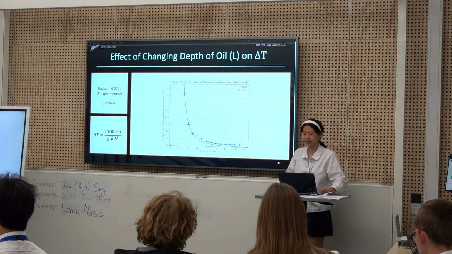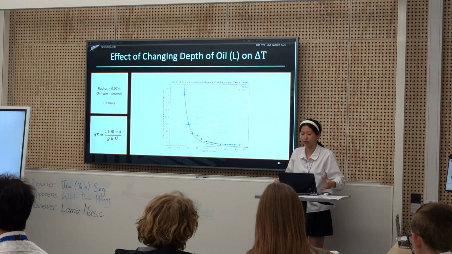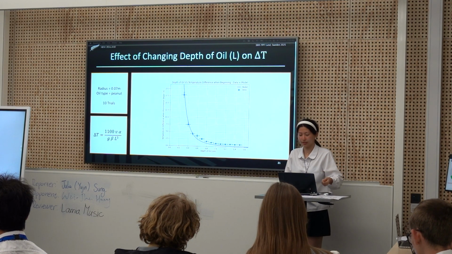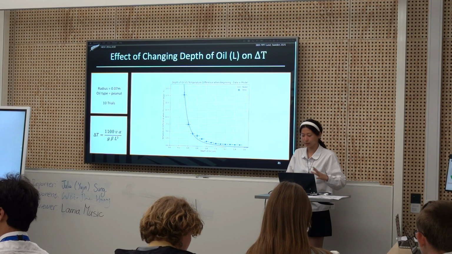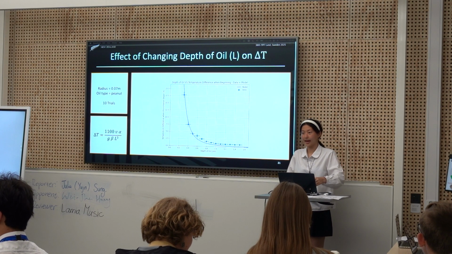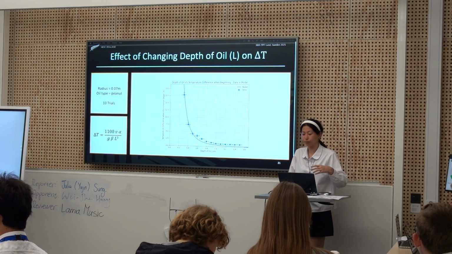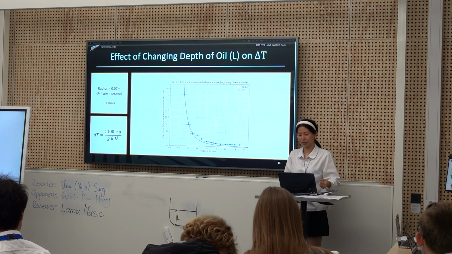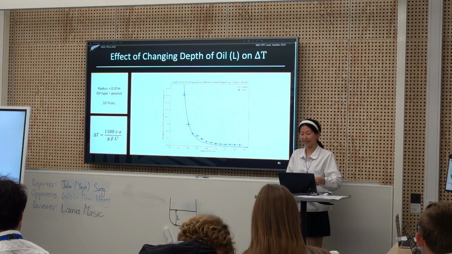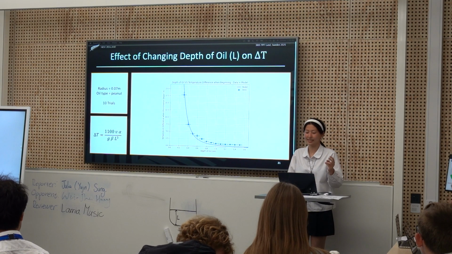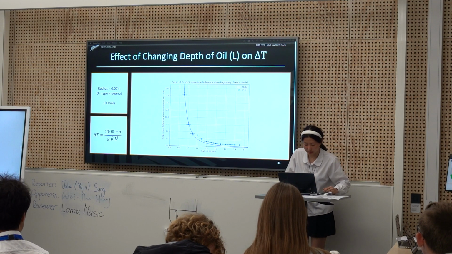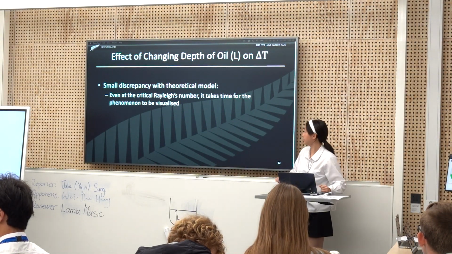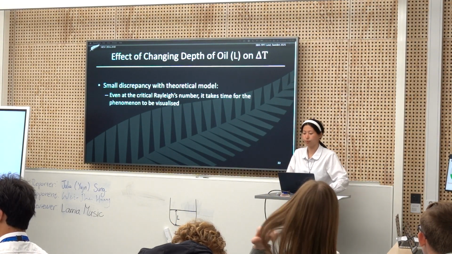Additionally, increasing the depth generally means a larger vertical portion of the fluid becomes unstable, and therefore is able to participate in this convective motion. So together, these effects mean that the system becomes more unstable at lower temperatures when the oil is deeper, which means that it's easier for this to occur in deeper oils. However, as can be seen, there's a small discrepancy with the theoretical model because the